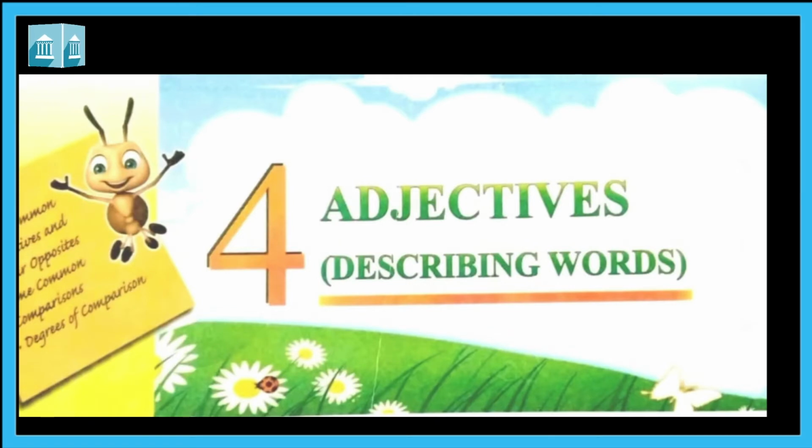Second one was comparative degree. We use the comparative degree to say how 2 things or people are different from each other. A comparative degree takes than after it. Third one was superlative. We use the superlative degree to compare more than 2 persons or things. A superlative degree takes the before it. Now these 4 chapters are very clear in your mind. So now we will start the revision portion, which is on page number 37.